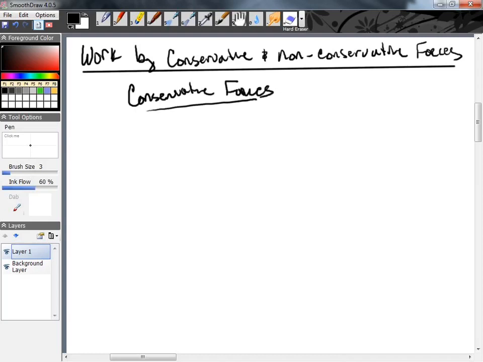Okay, so first we're going to start with the conservative forces that we do know. The conservative forces that we have worked with so far are gravity. Okay, and our potential energy due to gravity is given by U gravity equals mg y, or mg delta y, however you want to denote your y, but it's generally the height above the ground, or the change in height for our gravity. And the other one is springs,